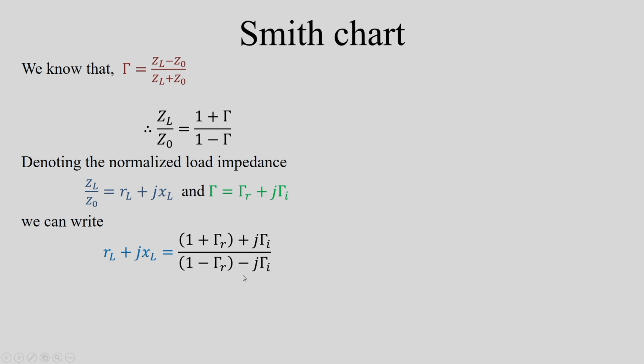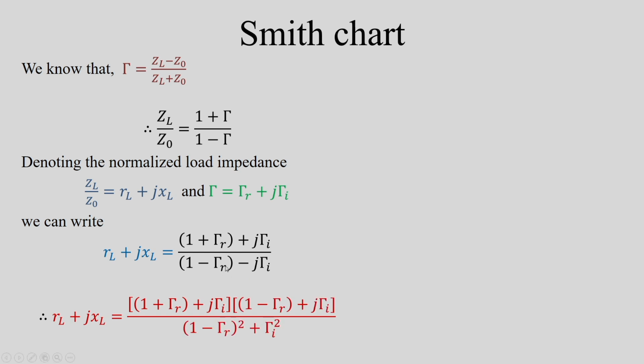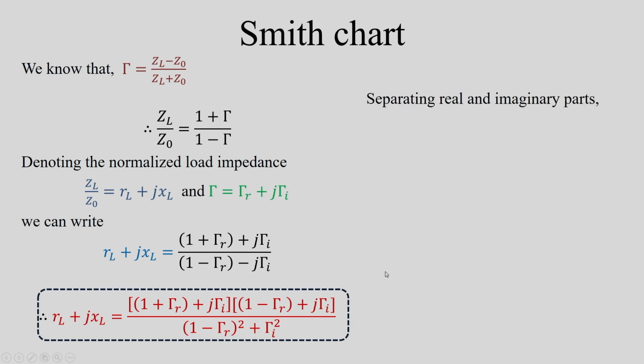Now, what we can do? We can multiply the right hand side by conjugate of this term both at the numerator and at the denominator. So, once we do that and we simplify, the denominator becomes 1 minus gamma R whole square plus gamma I square, and this term we can expand, and once we separate the real and imaginary parts, we get